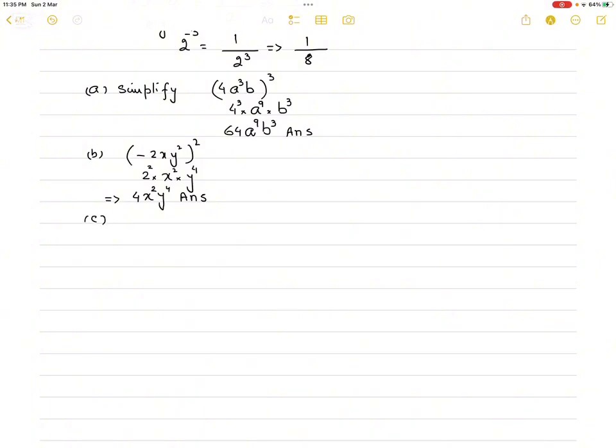Now part C. If I am given (2a² b³)⁴ times another bracket (a³ b¹)³, let me write 2 power 4 times a power, already a has a power 2 and the whole power is 4, so 2 into 4 is 8, times b power 3 times 4 is 12, times, now a power 3 times 3 is 9, times b power 3. So 2 power 4 is